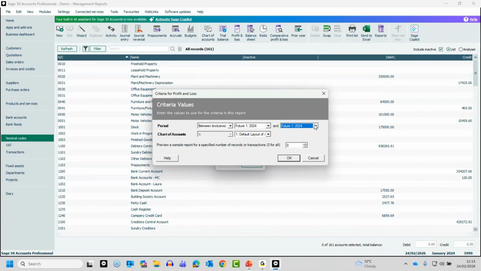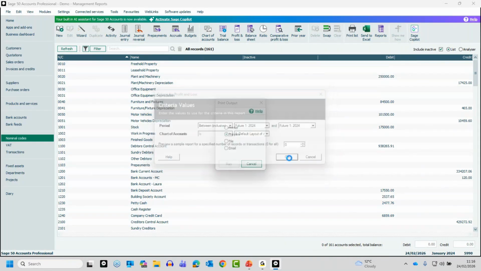So remember that actual column in the nominal record. It went brought forward, then it was months 1 to 12 for whatever your financial year is, and then it's future. So anything you did beyond the end of your financial year would build up in that future monthly balance, as it were. So if I run that,